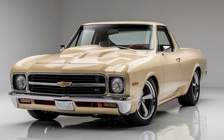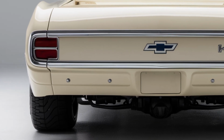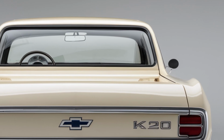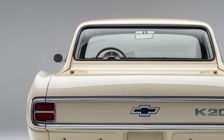Chevrolet has added a few modern touches, including sleek aerodynamic lines and a refreshed stance that ensures it doesn't feel outdated. The bed is large and spacious, perfect for heavy-duty tasks, and comes with an optional roll-up cover to keep